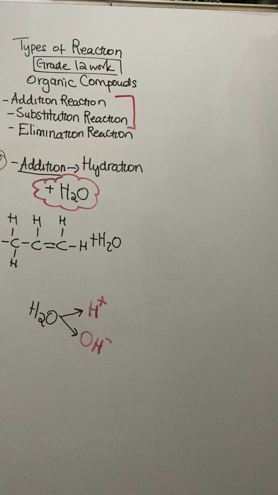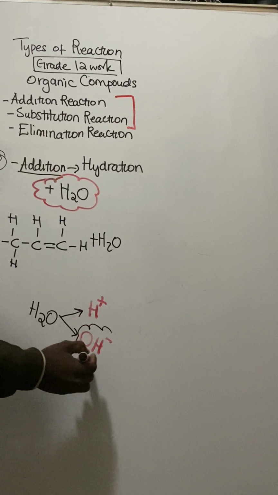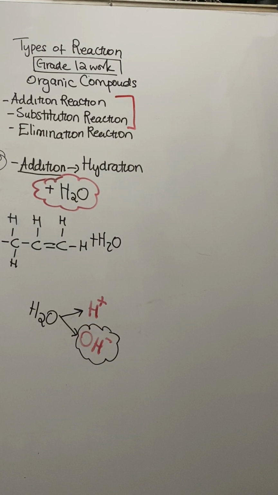Now we have Markovnikov's rule. Markovnikov's rule says what? Markovnikov said, if you have an alkene and you are adding water, the hydronium ion, which is this one, is going to bond with the carbon with the least number of hydrogen atoms. I repeat again, Markovnikov's rule said what? He said, if you are reacting or adding water to